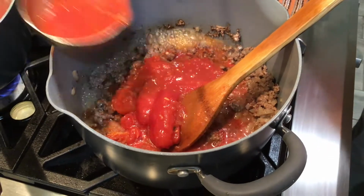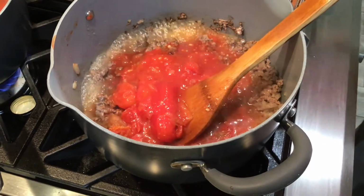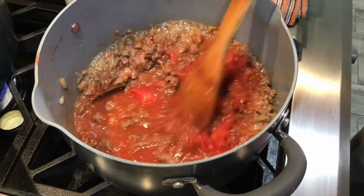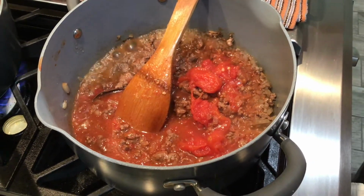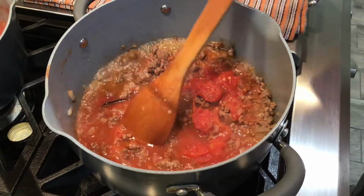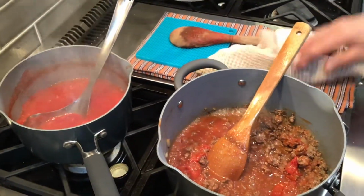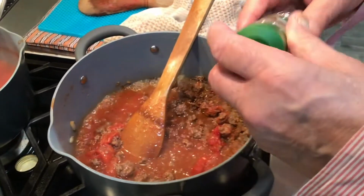I will continue cooking with the meat 15 minutes. Just completely reduced. I turn it off. The tomato sauce is done, so we need to cook that one. So now we spice that one. Add a little bit